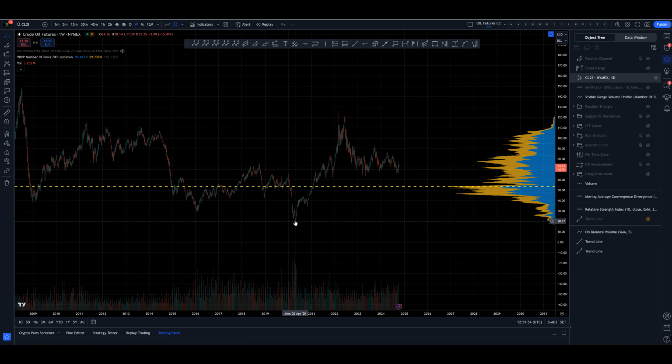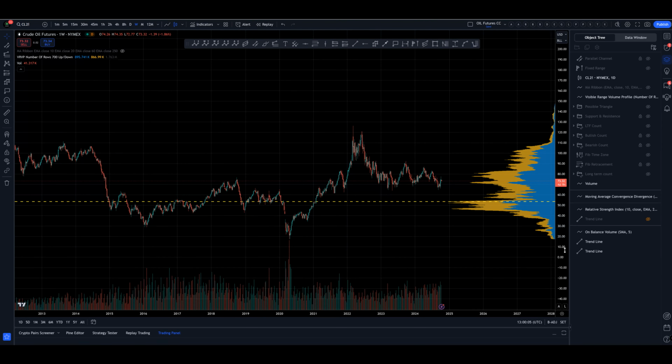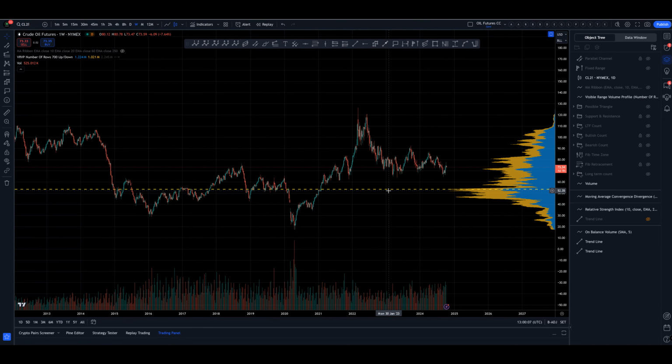So what does that mean coming off of zero? Well, it means exactly what I said it meant all the way back when we went to zero, that this is a once in a lifetime buying opportunity for oil, and obviously it was. You're never going to get a more obvious call than the market resetting itself. Time to be a buyer, right?